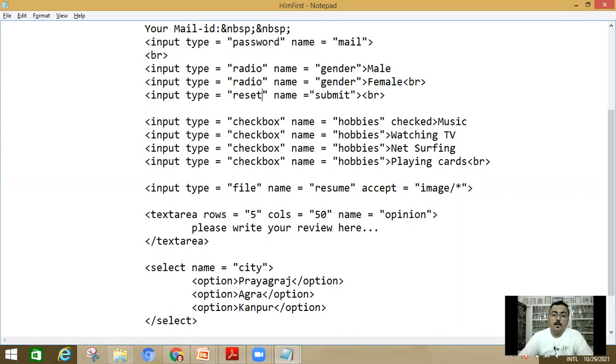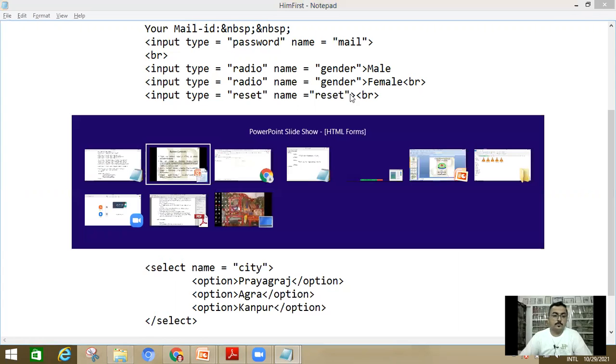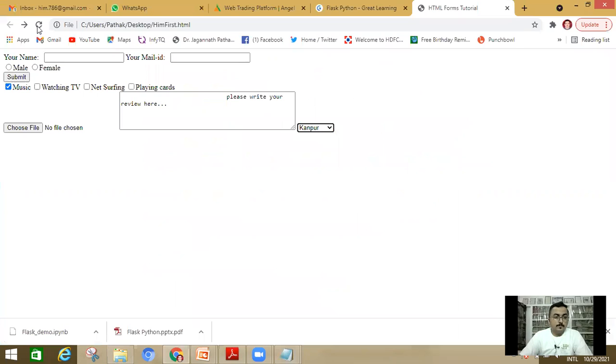But by doing this, what will happen? Whatever value you have put is turned off, and the default values are shown, either blank or something else, whatever you have given. So I have given the value. Now I'm going to save. Now I'm going to show you. For example, refresh. I'm going to refresh that page.